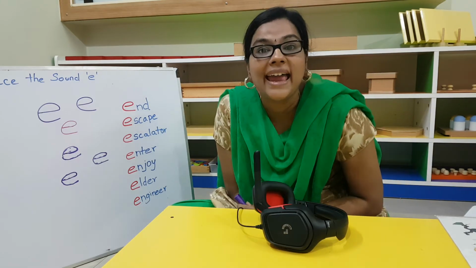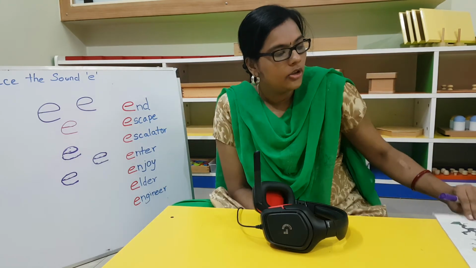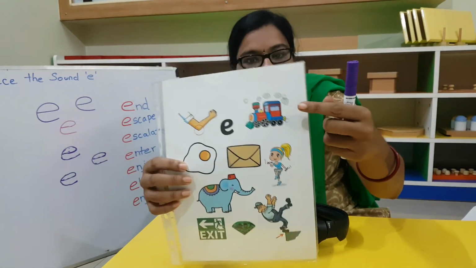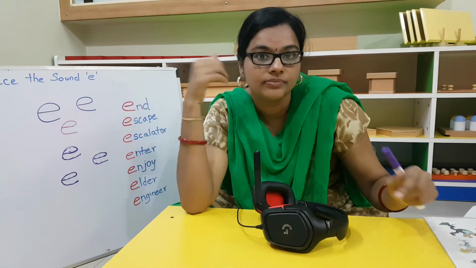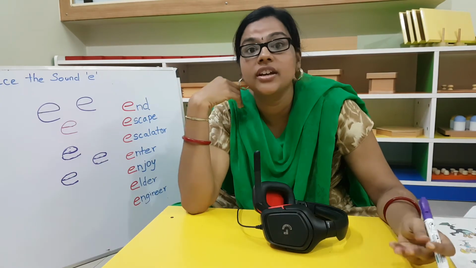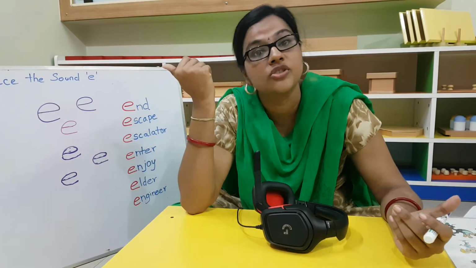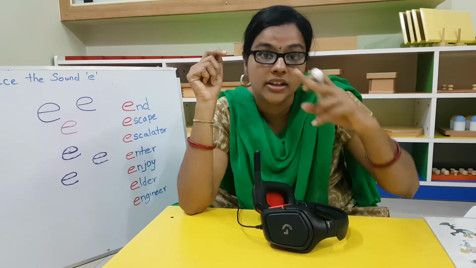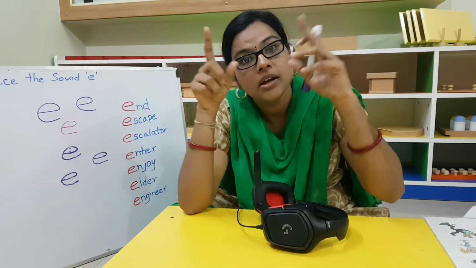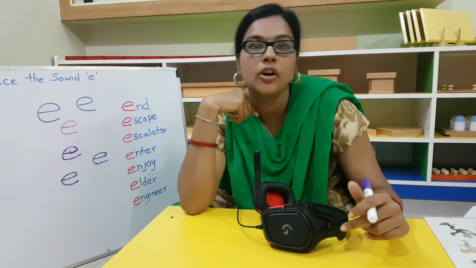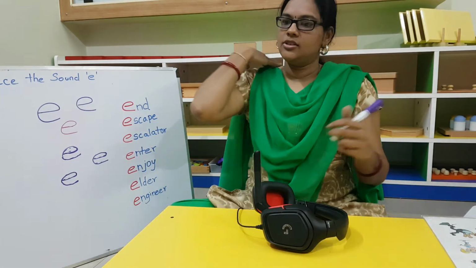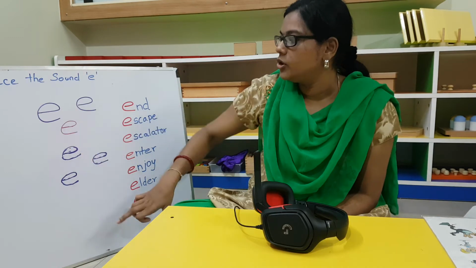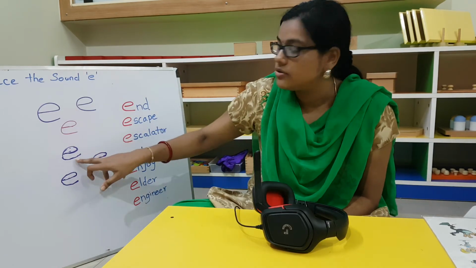Then you have an engineer. You remember seeing engine here? Engine. Engineer. An engineer is a person who makes the plans for constructing buildings. The drawing they do, those people are called engineers. Okay, fine. So now this is A. You are now clear of how to trace A and